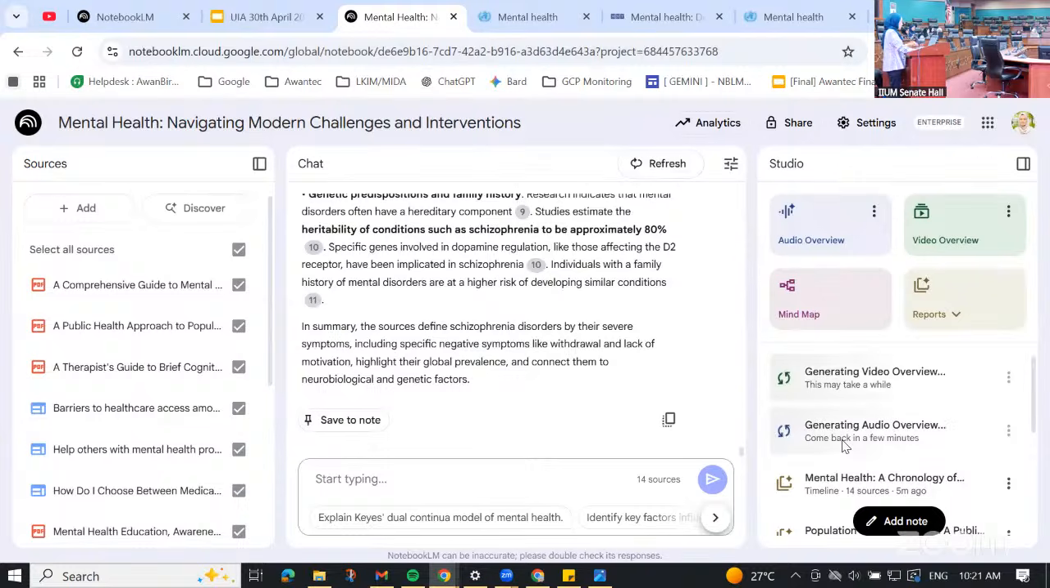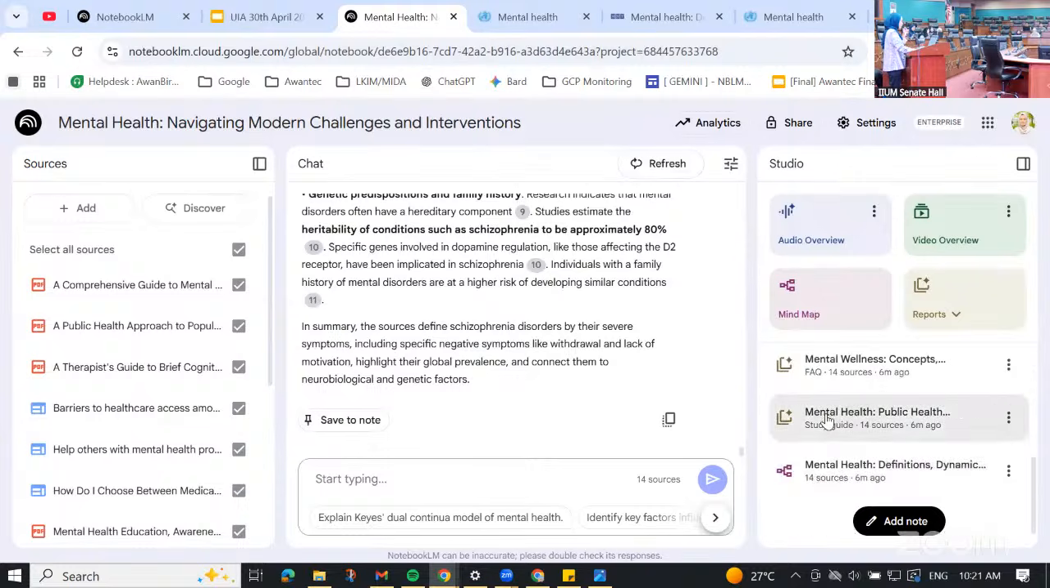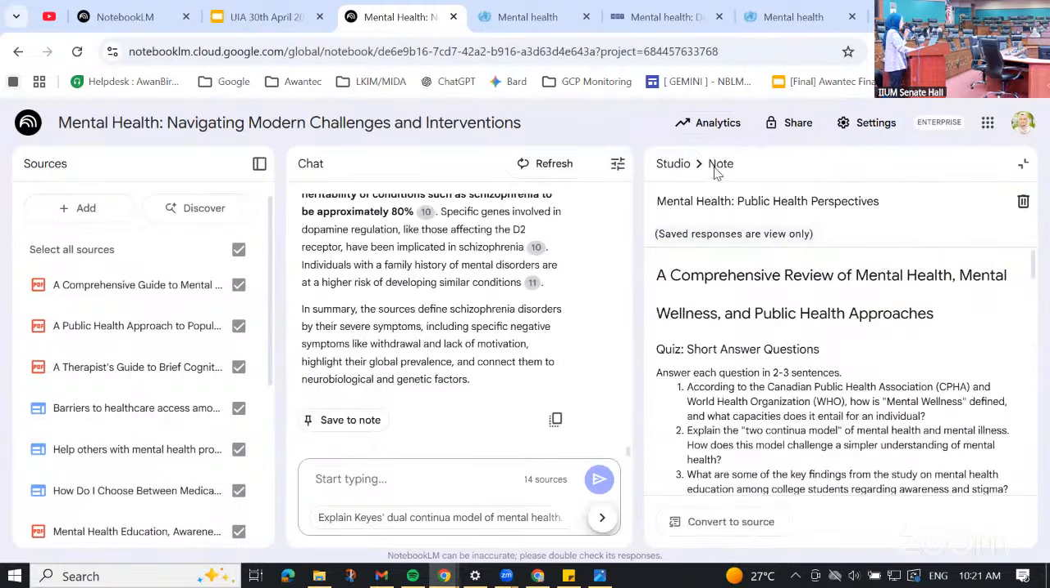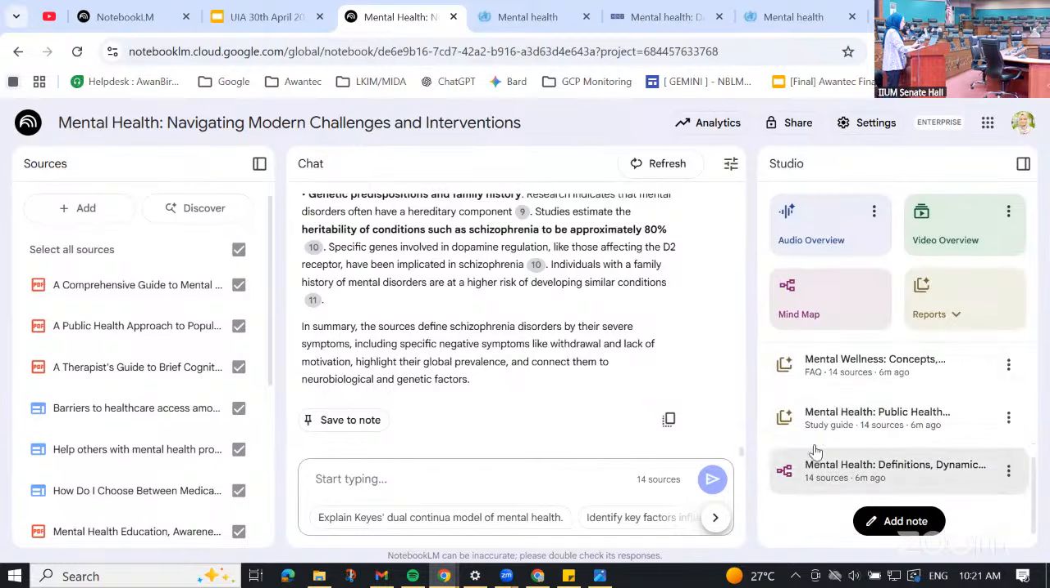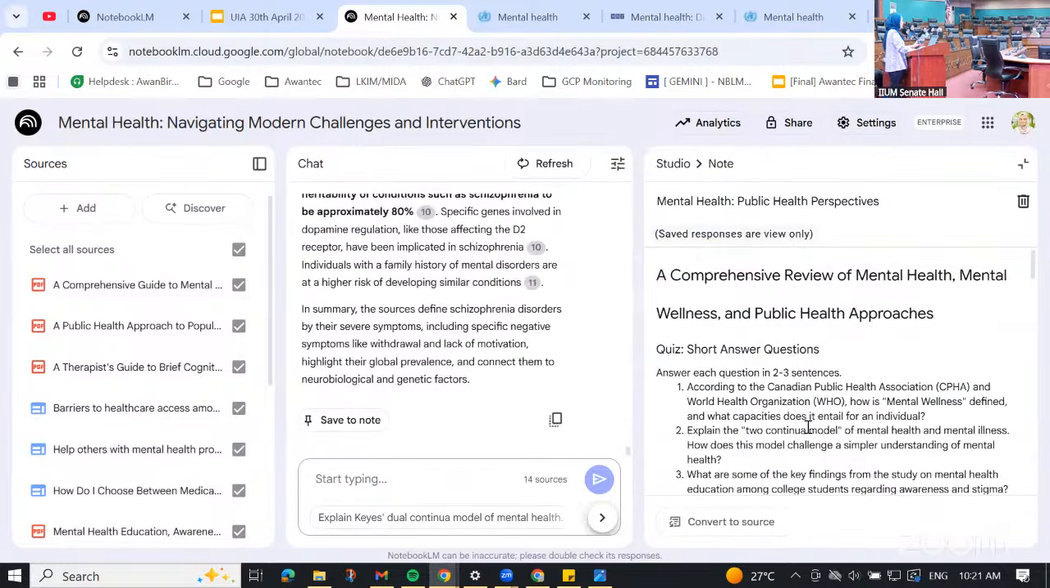Okay, so next one we can see the study guide that we have generated from the report. So from the report, I have generated a study guide. You can see your study guide document right here. You can always copy and paste the study guide into your documents. So in the study guide,